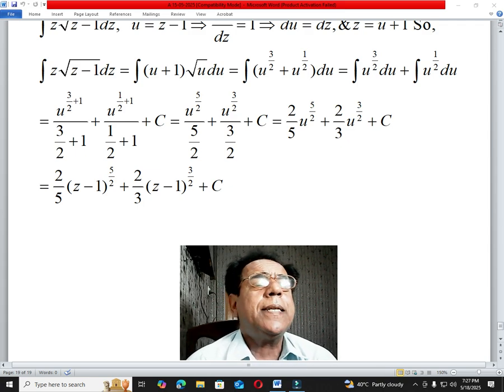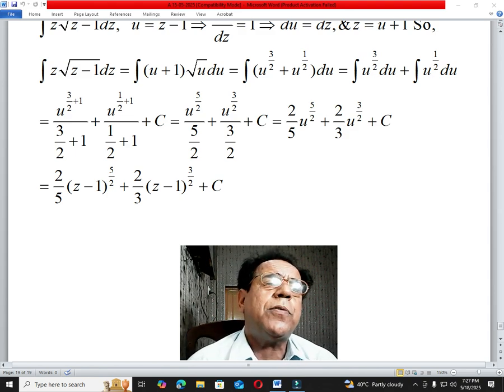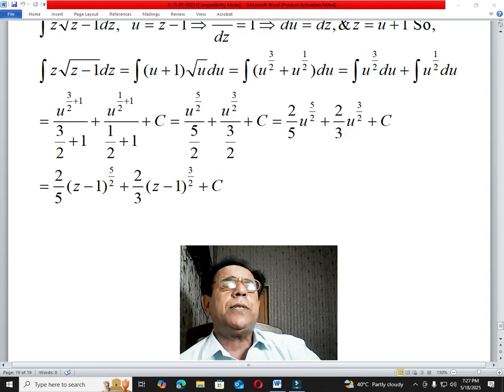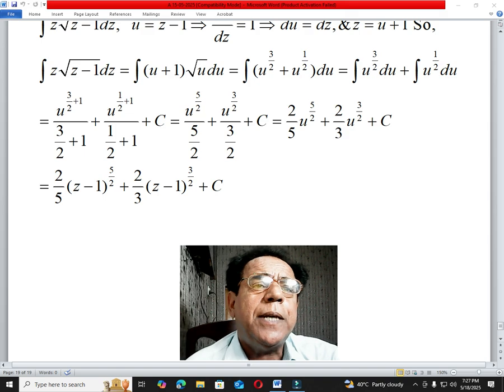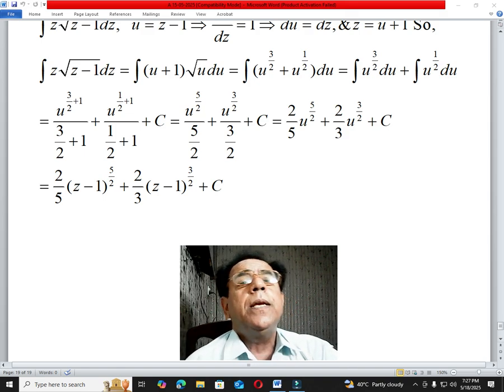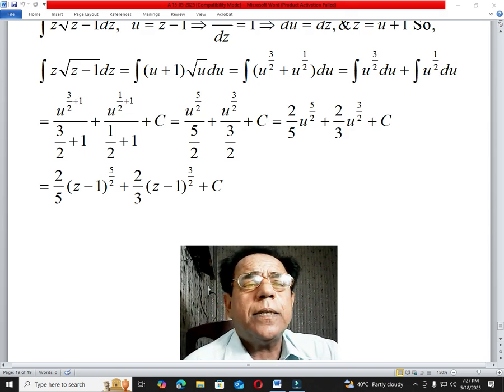So we know that 3 by 2 plus 1 is equal to 5 by 2. So u raised to power 5 by 2 divided by 5 by 2 plus u raised to power 3 by 2 divided by 3 by 2, plus